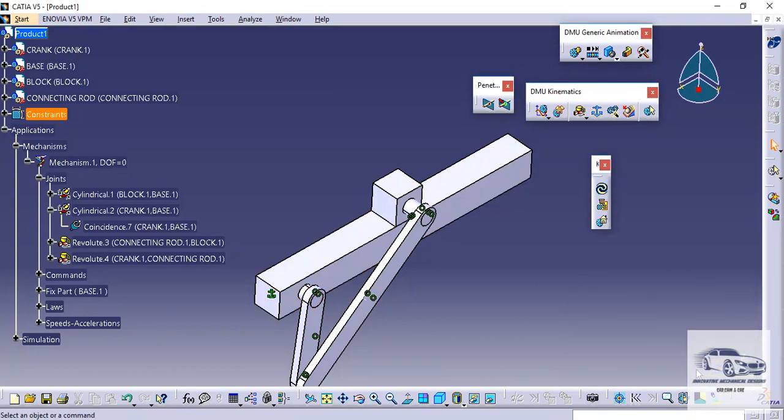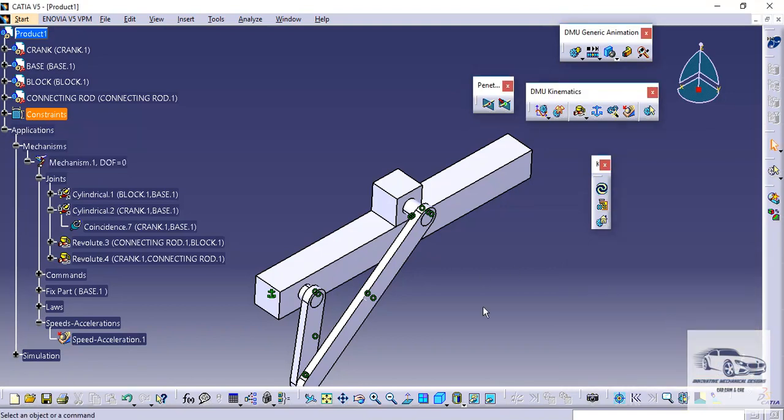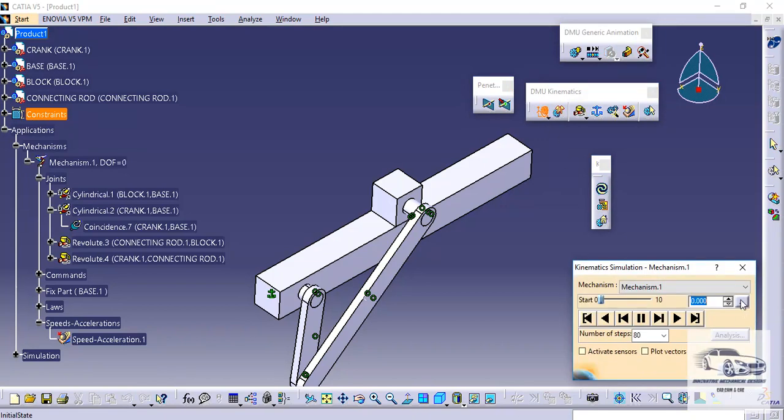So now I will go to OK, and we will just add some parameters also. So I will go back again to speed acceleration toolbar, and okay, no issue, we can adjust these values later on also. So now again I will go to simulation with laws. Again, as we have to run the animation for 1 second, so here I will input the value of 1 second. Here the number of steps we can enter as many as possible, because more the number of steps are, more interpolation points will be plotted on the graph.